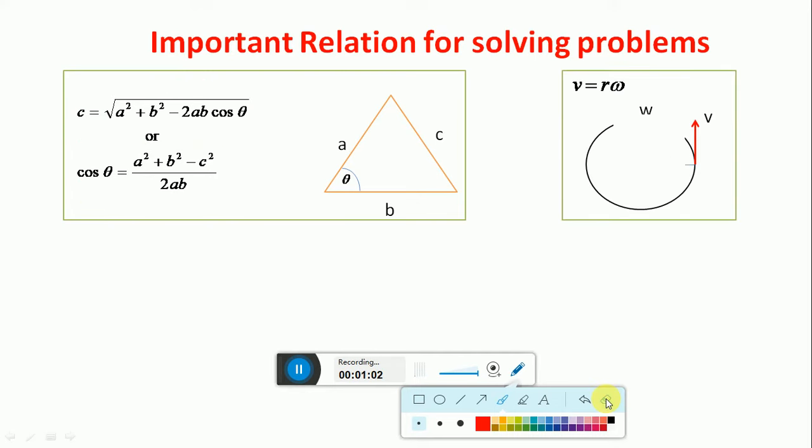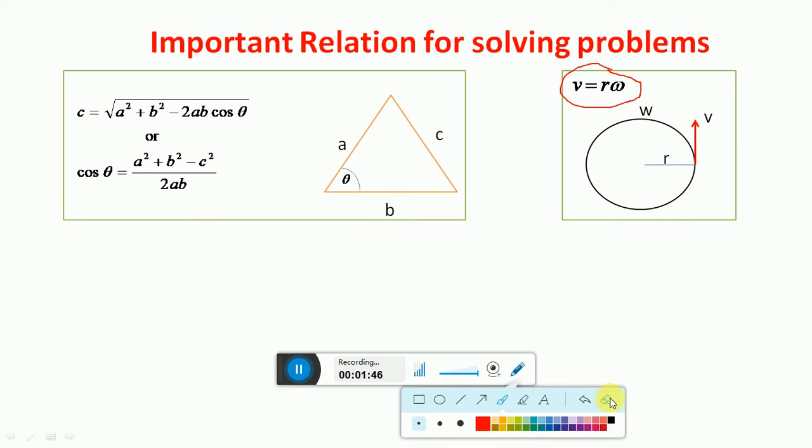Next, as we know, if any particle or body is having pure rotation, we can use the relation V is equal to R omega. This gives us a relation between linear velocity and angular velocity. That means if any element is under pure rotation, the velocity at any point on that element will be proportional to its distance from the center of rotation. By multiplying angular velocity with the distance from the center of rotation, we get the linear velocity of that particle at any time t. Keep in mind that the velocity direction will always be normal to the line joining that point to the center of rotation.